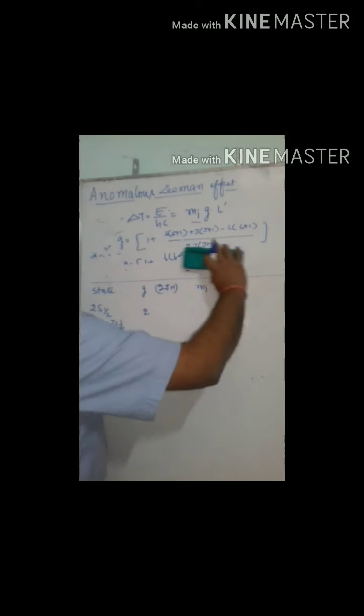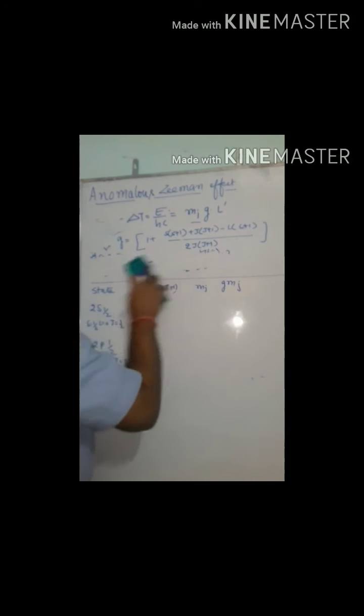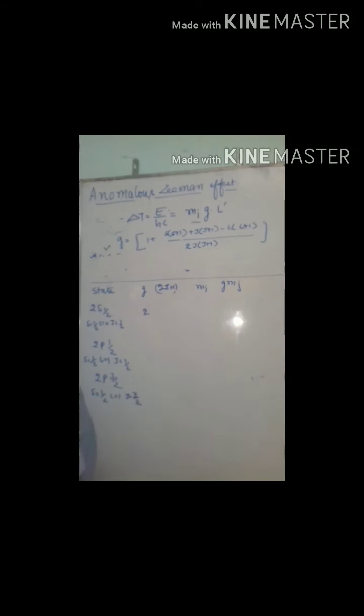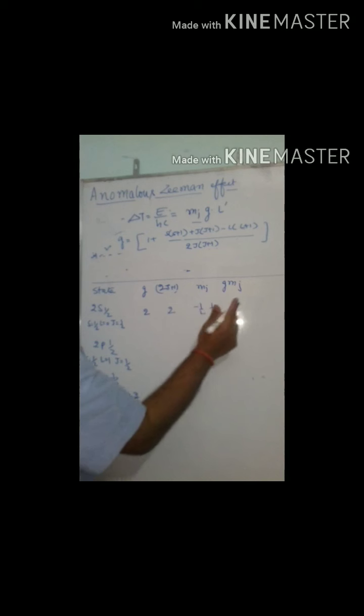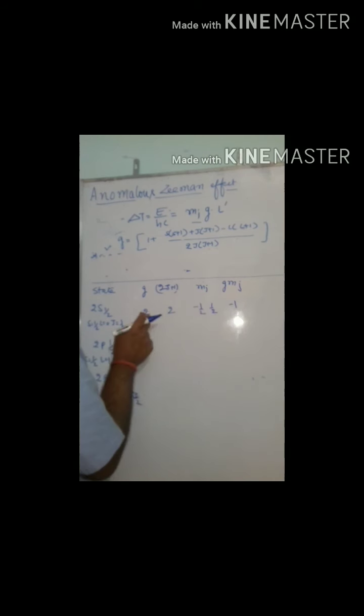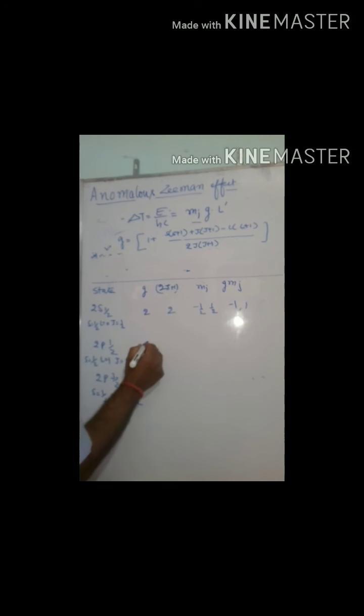For this value, G is equal to 2, right? 2j plus 1 values, 2j is 1, that is 2 states will be there, multiplicity will be 2, right? And what will be the value of Mj? That is minus half and plus half, right? So G Mj will be 2 into minus 1 by 2, and 2 into 1 by 2, that is minus 1 and 1. Similarly, for this state,